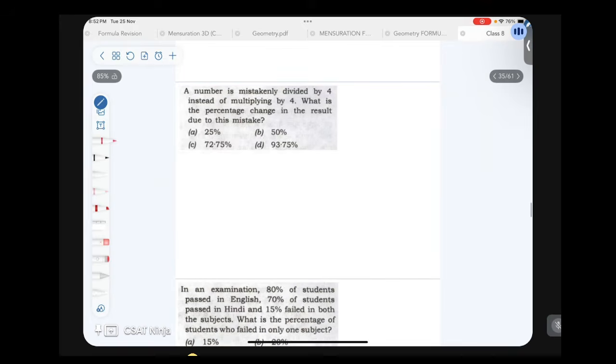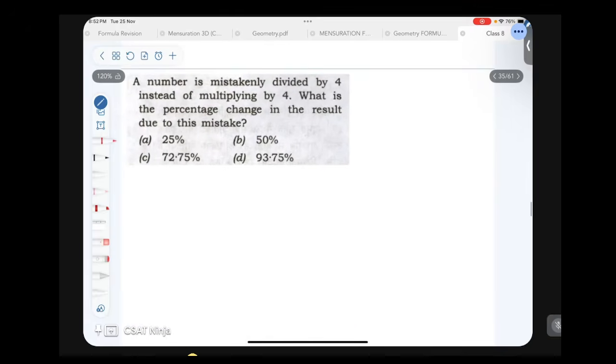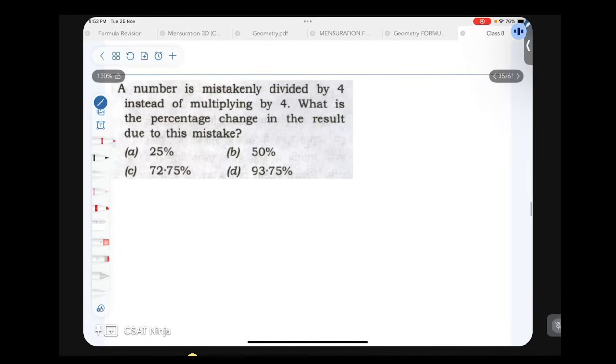The next question is, okay, it's an interesting question. Okay, we see this type of question a lot in exams. A number is mistakenly divided by 4 instead of multiplying by 4. What is the percentage change in the result due to this mistake? Okay, I'll just frame an equation. A number was divided by 4. That means,